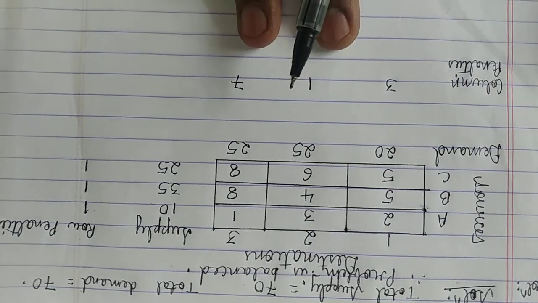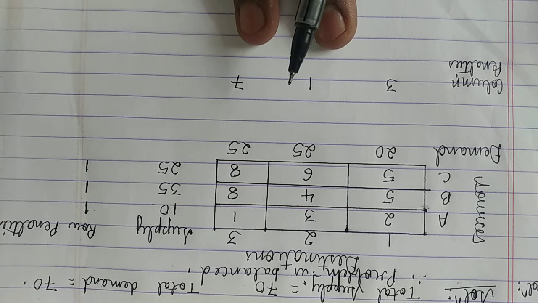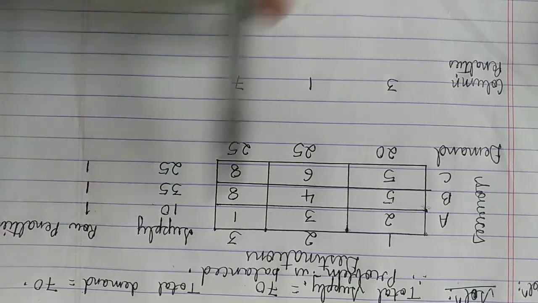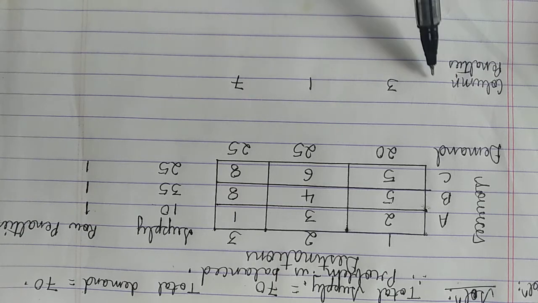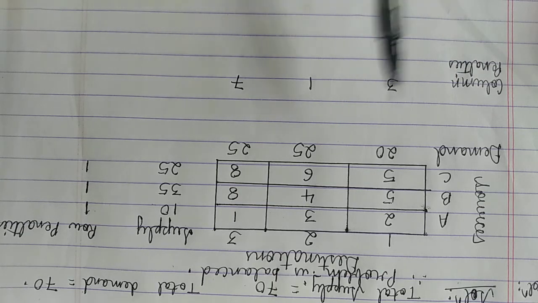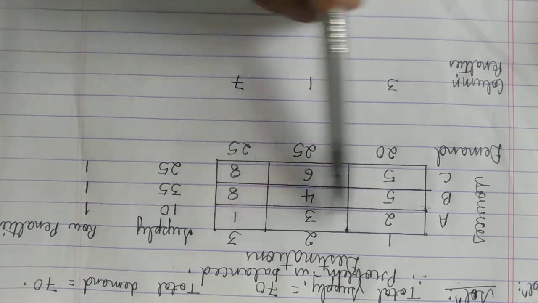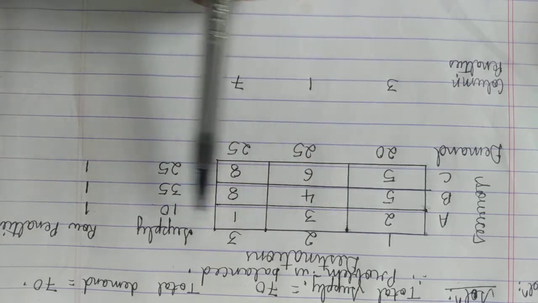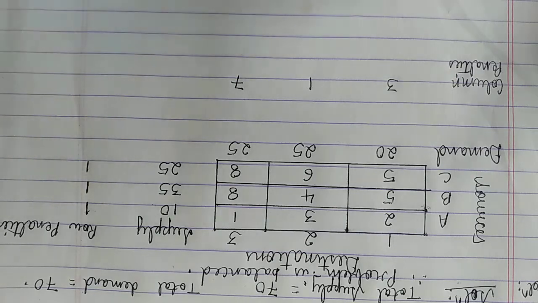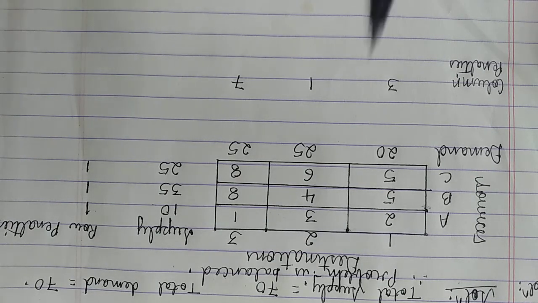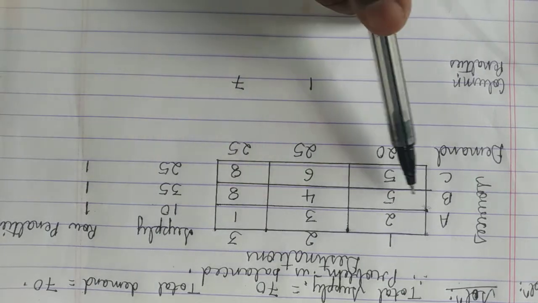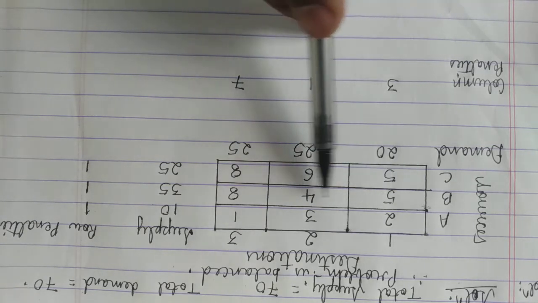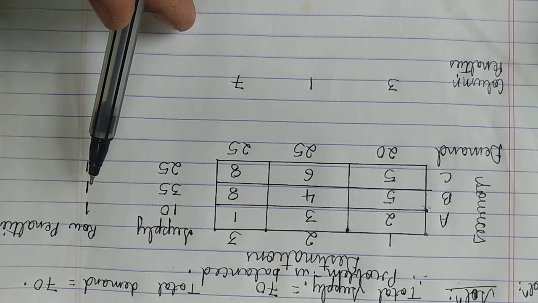So this is how it stacks up now. I've left a little space here, then I'm writing row penalties. I've left 3 lines here, and then I'm writing column penalties. The least element in the first row is 1. The second least is 2. The difference between 1 and 2 is 1. Similarly, what is the least element in the second row? It is 4. The second least element is 5. The difference between the first and second least element is 1. That you are writing here.